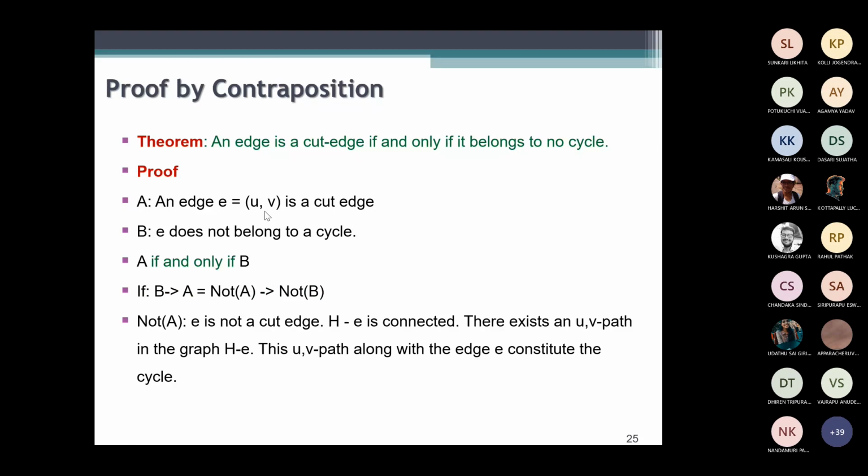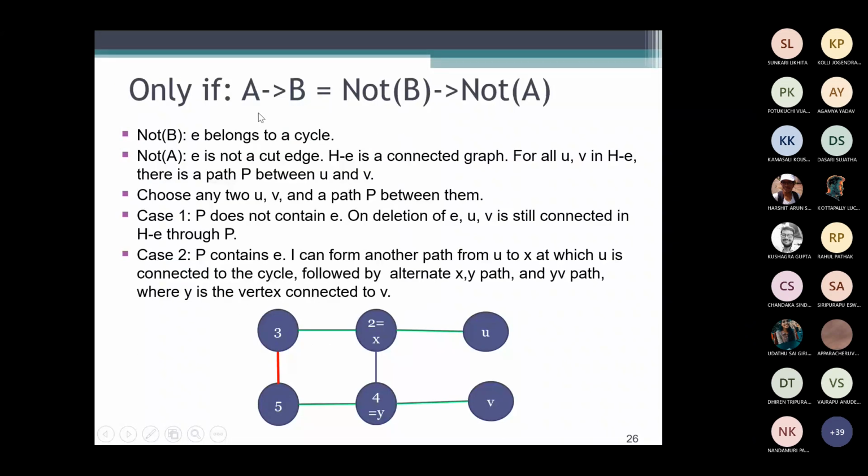So for both ends, what I'm trying to see, to prove A implies B as well as B implies A, to prove both the propositions, we actually use the proof by contraposition. So B implies A मैंने proof नहीं किया. Instead, we prove that not A implies not B. Similarly, A implies B, A implies B हम लोगों ने directly proof नहीं किया. हम लोगों ने proof किया not B implies not A. So